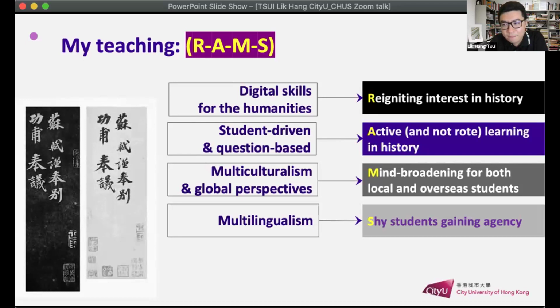And I think these are things that make history learning more engaging and more effective. So these are first embracing digital research skills for studying the humanities, or DH in short. And of course, it's about how history is not only for the students, not only burying or overburdening ourselves in the textbooks. It's also about